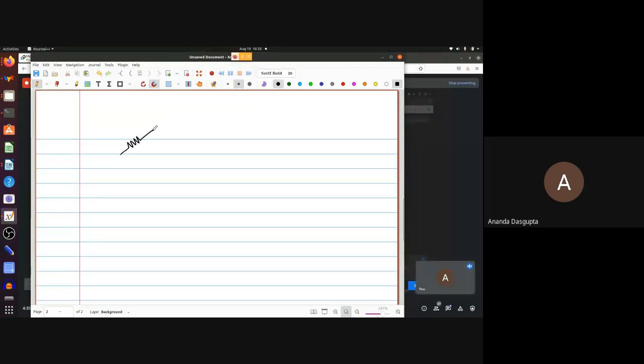I will have to draw a Wheatstone bridge here, which is painful with my very meager drawing skills. But anyway, this sort of looks like a Wheatstone bridge, right? Let's say R1, R2. And the only new thing that I'm doing here is, well, I'm doing two new things. First of all, I am actually using a square wave generator at the input.